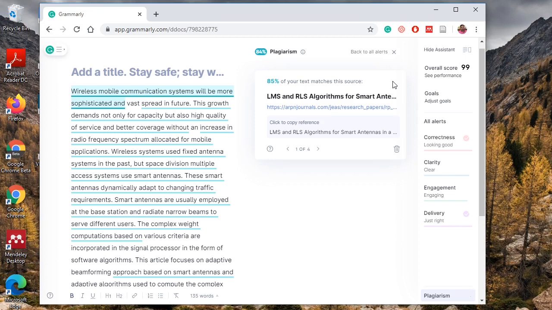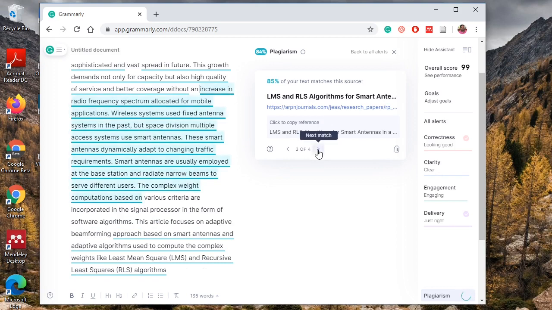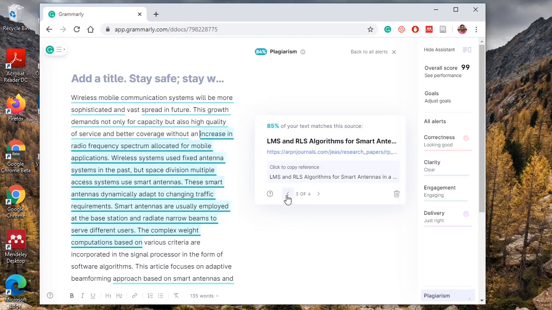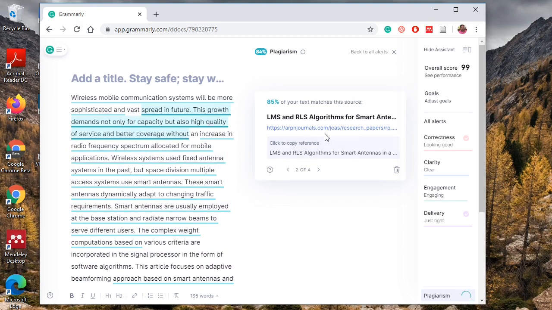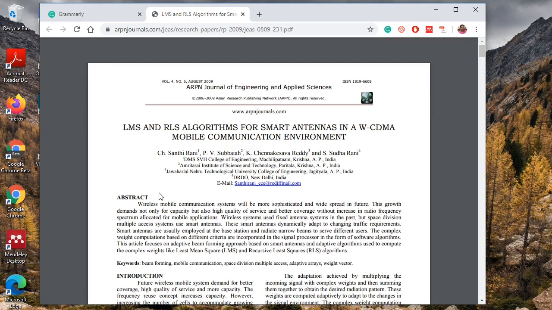When we click on this, "LMS and RLS algorithm for smart antenna" from arpnjournals.com, just like that. If you click on this, it is showing that you have pasted from these four sources. If you click on this website or link, you will get the paper. From the abstract, here it is the abstract.